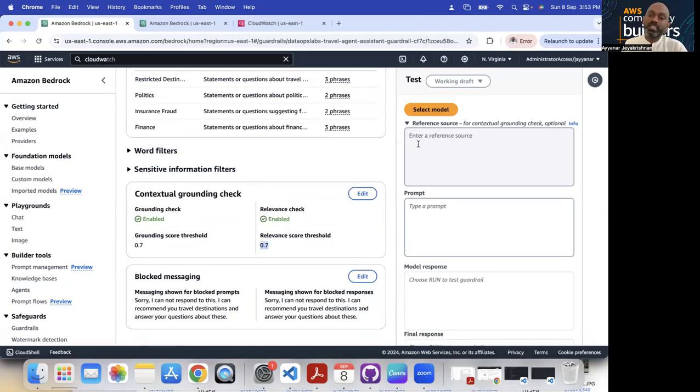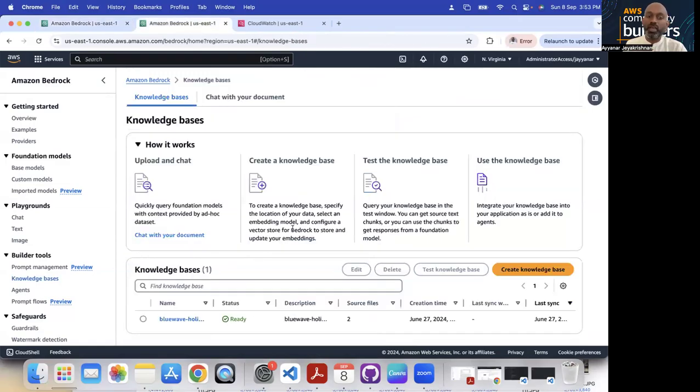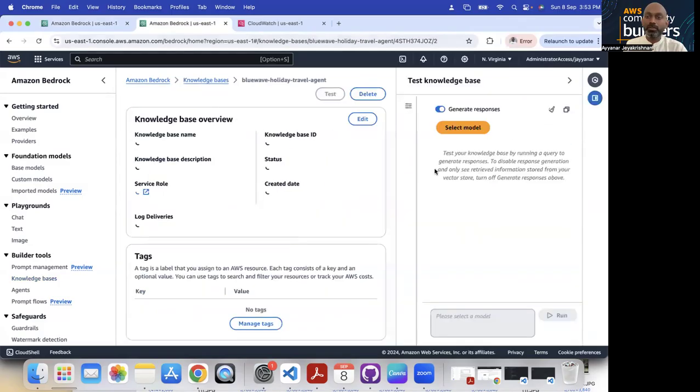Let's say you take one summarization task. You can give it a good amount of text, like three paragraphs, prompt it, and see what the response is and how grounded it is. But in real time, we may have a knowledge base or RAG applications we can test against. Now I'm coming here.